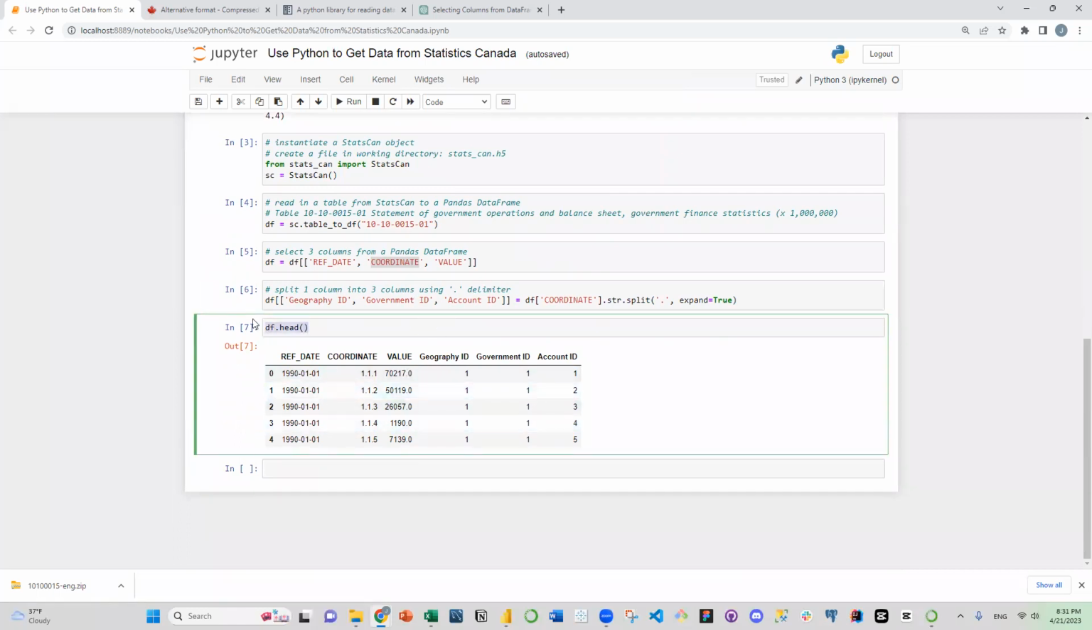So what we need to do next is we will delete. We don't need this anymore because we already separated them. What else we don't need? We actually don't need geography ID. We only have one geography, that's Canada. So we will delete 2 columns. So let's just type delete 2 columns from pandas